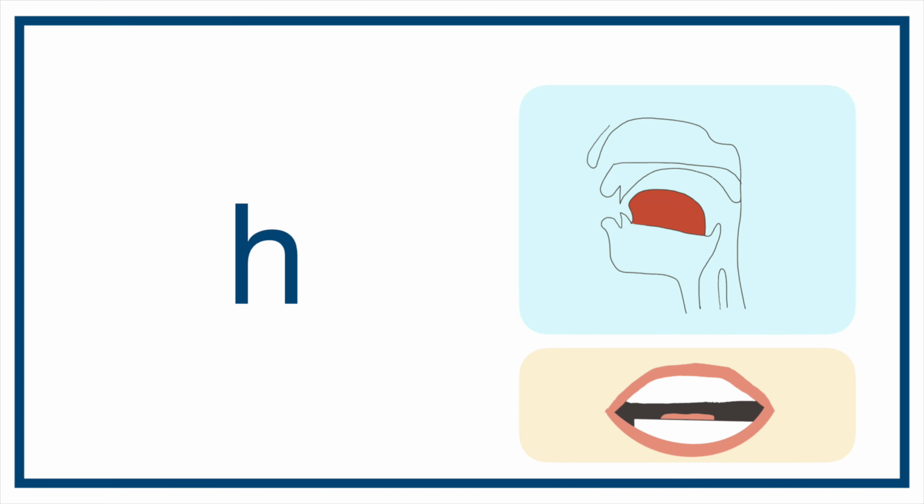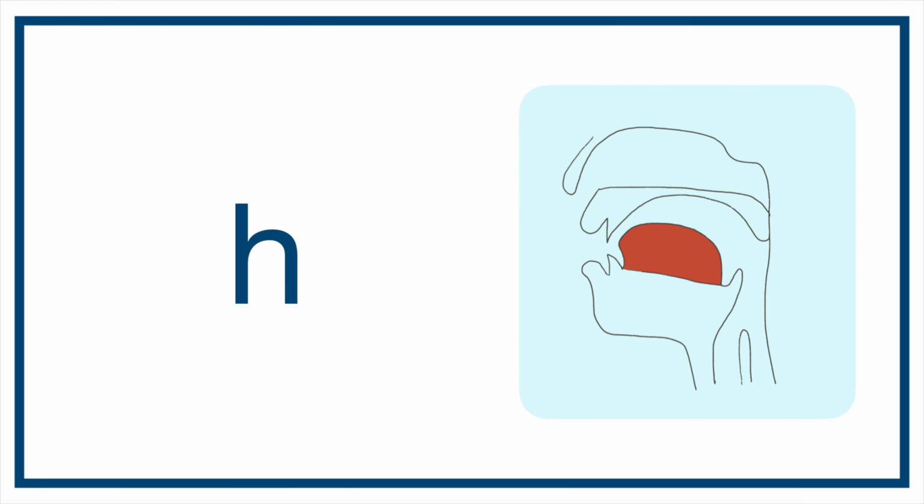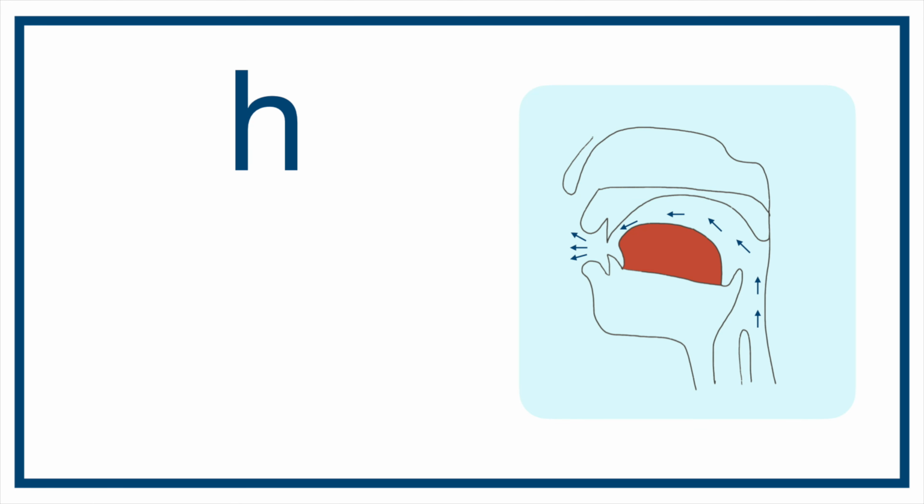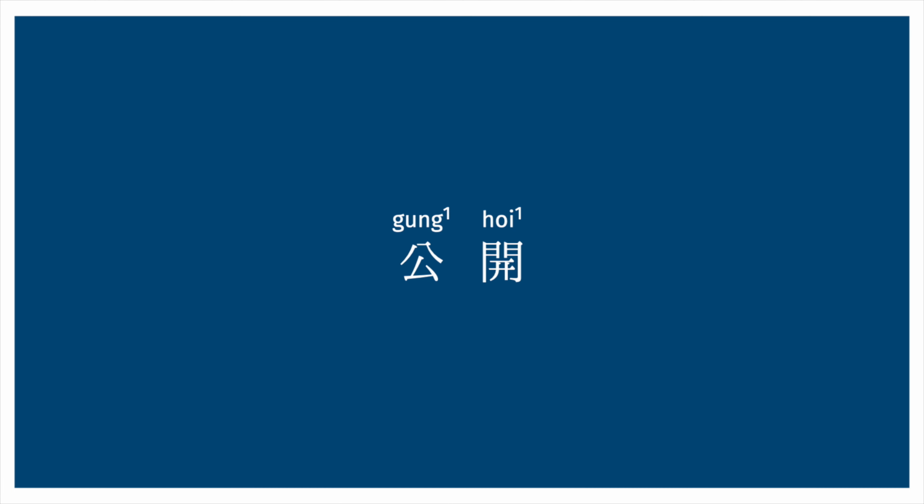The next one is h. To pronounce h, we don't need to block the air. Just raise the back of your tongue, then let the air go through your mouth. H, h, ha, ha. Let's do some practice. 公開，公開，牙膏，牙膏，畫家，畫家